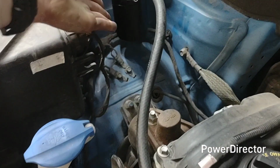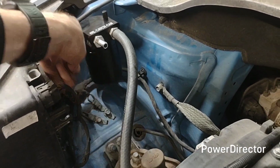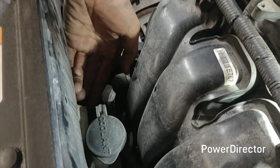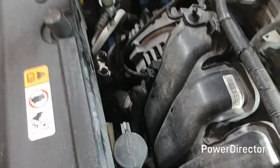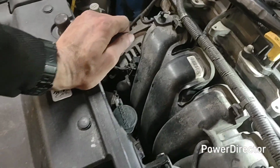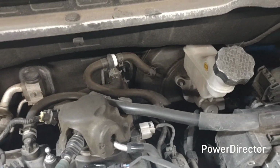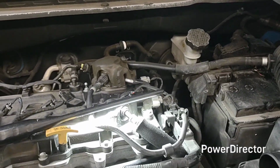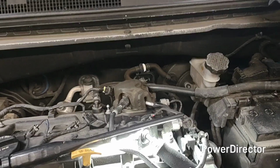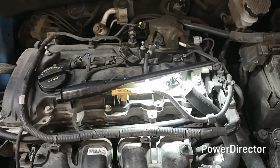But for the version I have, you have to unthread it downward. I can check the dipstick and whatever, but I'm not going to have any room if I did that here to unscrew the bottle, get it out, and not spill any for servicing. So this wasn't going to work for me. I thought about maybe trying to mount it back in here, but again, servicing it was going to be difficult, and I didn't want to add any more difficulty to an already difficult car to work on some days. Anyways, so